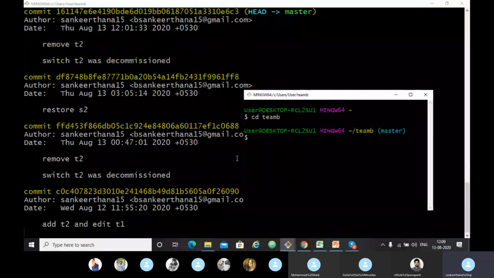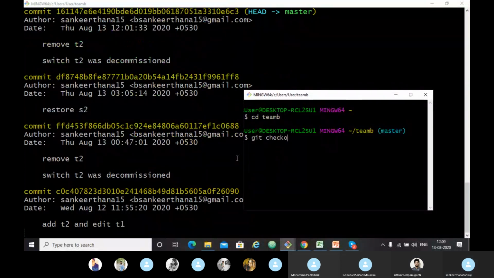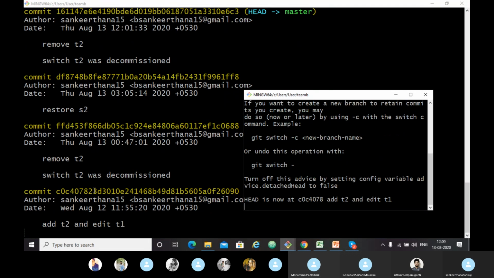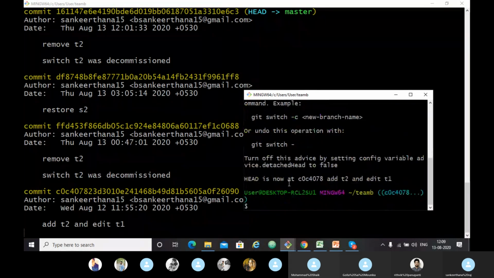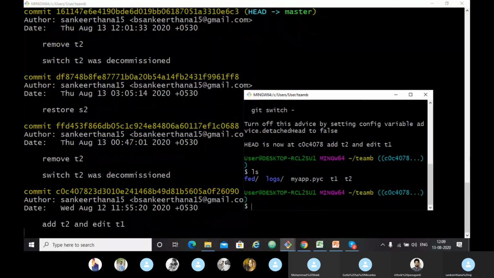So I want to restore the T2 file. Git checkout the hash we have from the first commit, the first commit C0C40. So let's see.